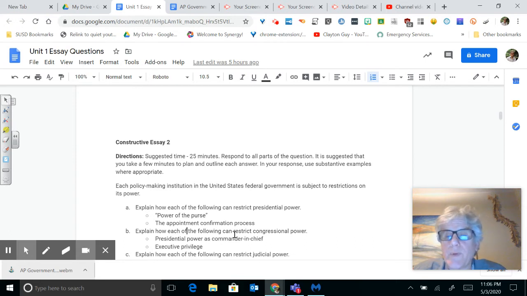The president is one person. They need to act quickly. They can do this very quickly, compared to having a vote of 535 people determining and debating this. Executive privilege also restricts congressional power. Executive privilege is the ability to debate issues such as going to war and foreign affairs, issues that they can keep from Congress.